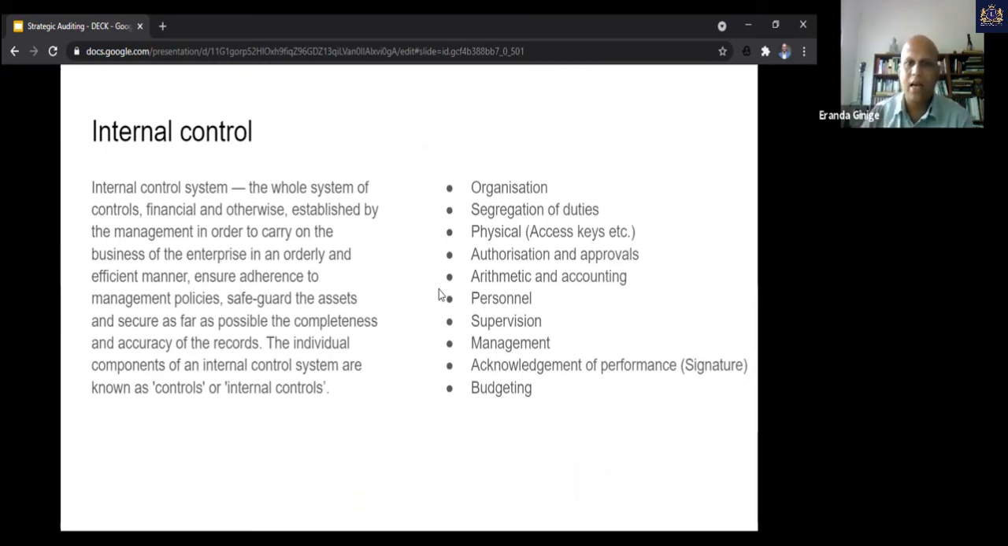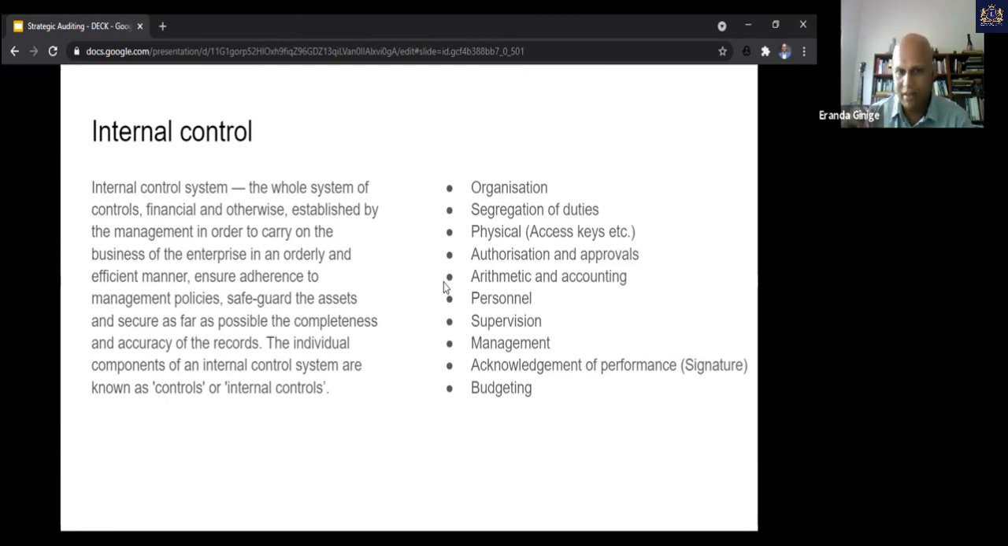And some of the things when it comes to the individual components of an internal control system are known as controls or internal controls. Some of the areas that you have to focus on when talking about internal controls are the organization, segregation of duties, physical, like access keys, for example, where different people will have access keys to different units and different sections, right? Who authorizes, who approves, the arithmetic, the numbers and the counting and the accounting side of it, the personnel,